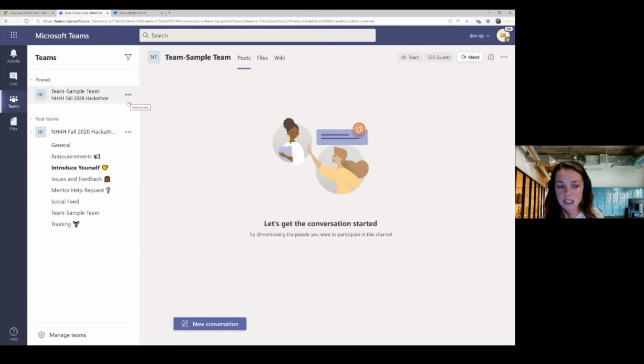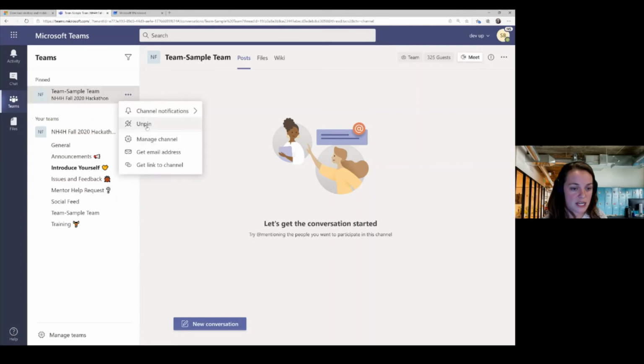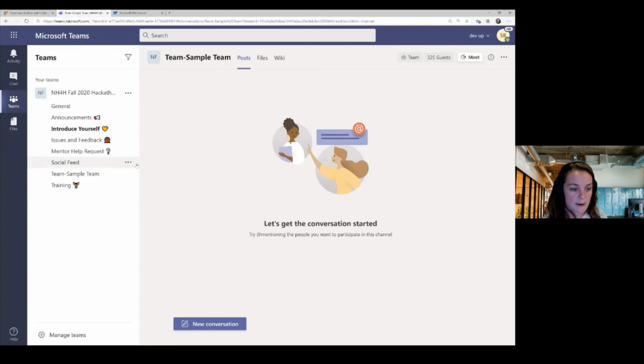I know that I'm going to be collaborating with them more than probably any of these other channels. Super easy to do. I'm going to unpin it just so you know, but you just look for those 3 dots and you click pin. For me within my team's environment every day, I do pin the people that I collaborate with the most. You can do that in a chat too within Teams, depending on what you need most.